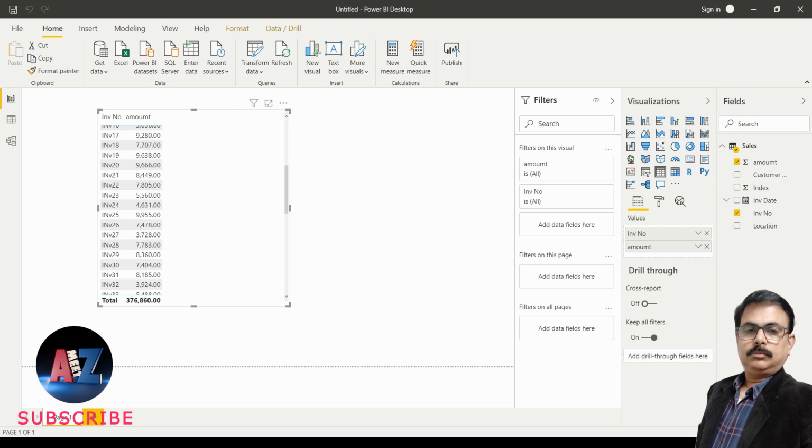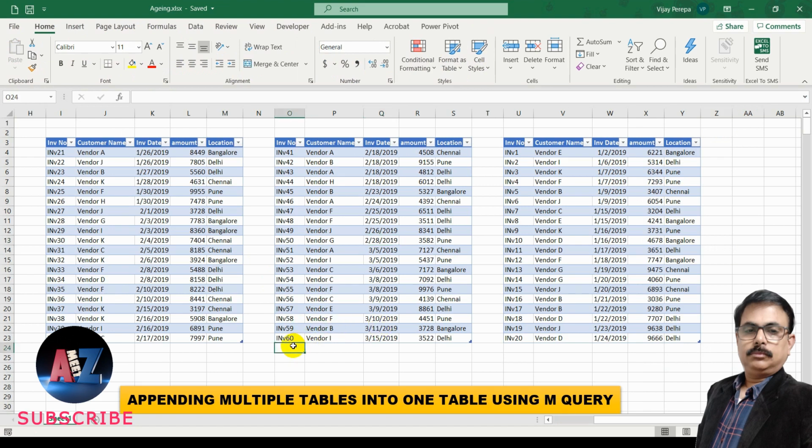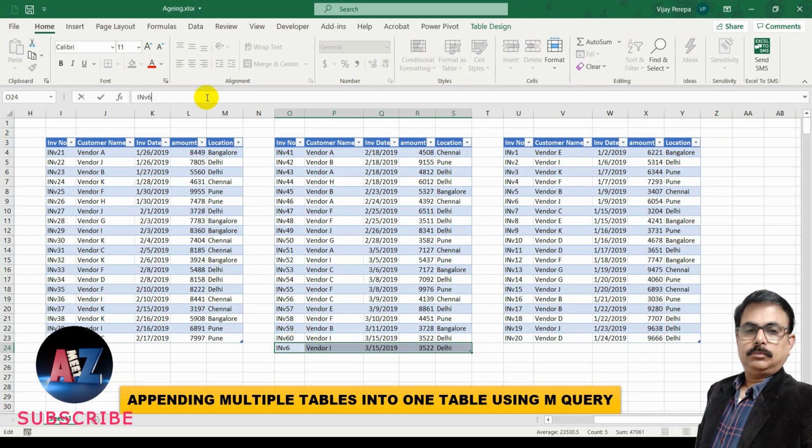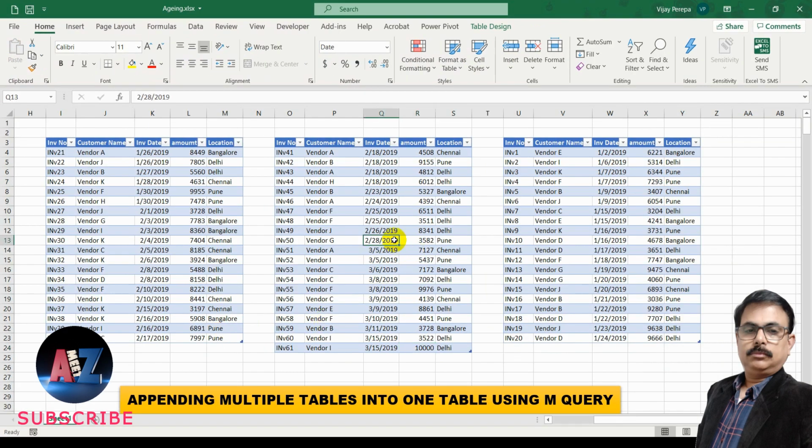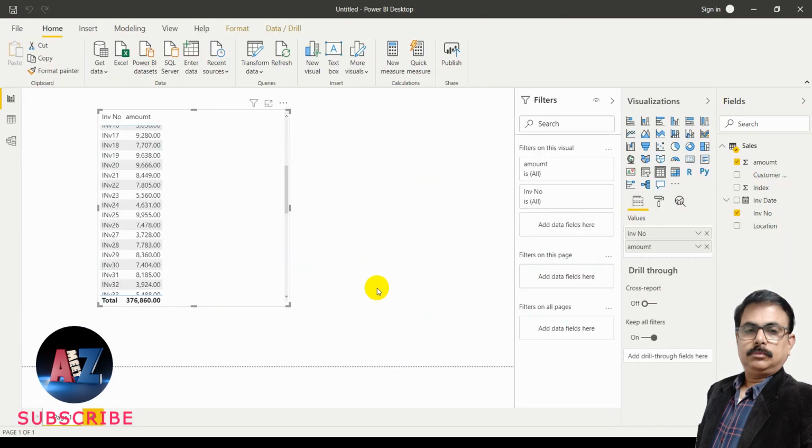Now let me go to Excel and then add one extra piece of information. Let me just add the same line, just change the invoice number and change the value to 10,000. So currently what is the value? Value is 376860. So I have added 10,000. So it has to be 386860 automatically. Let me save this. I need to save the Excel file because a change happened. And I need to intimate Power BI that I have done a change. Please refresh it. I'm just refreshing it.